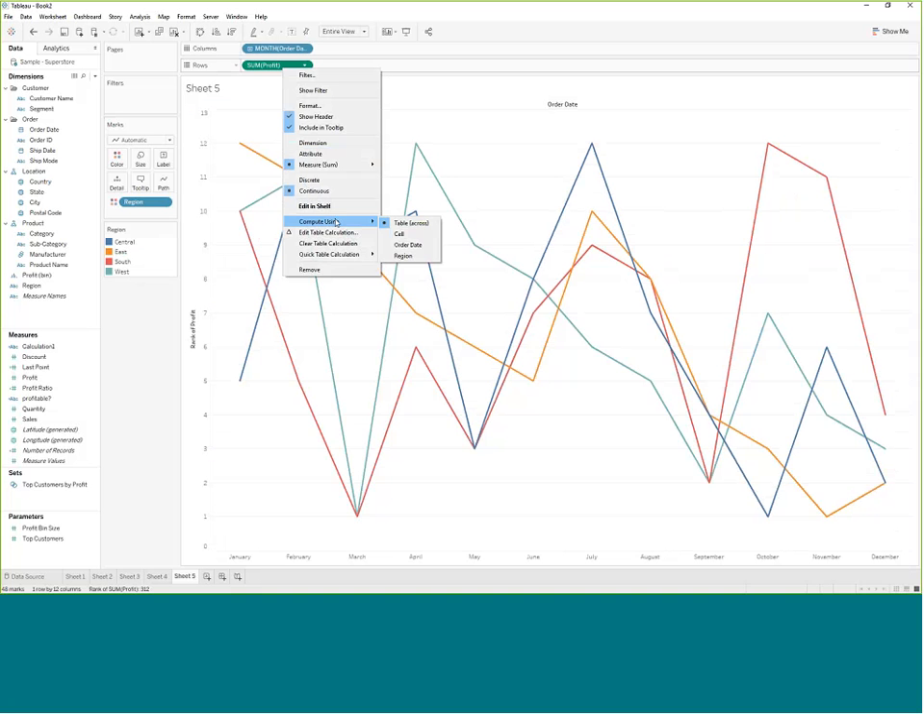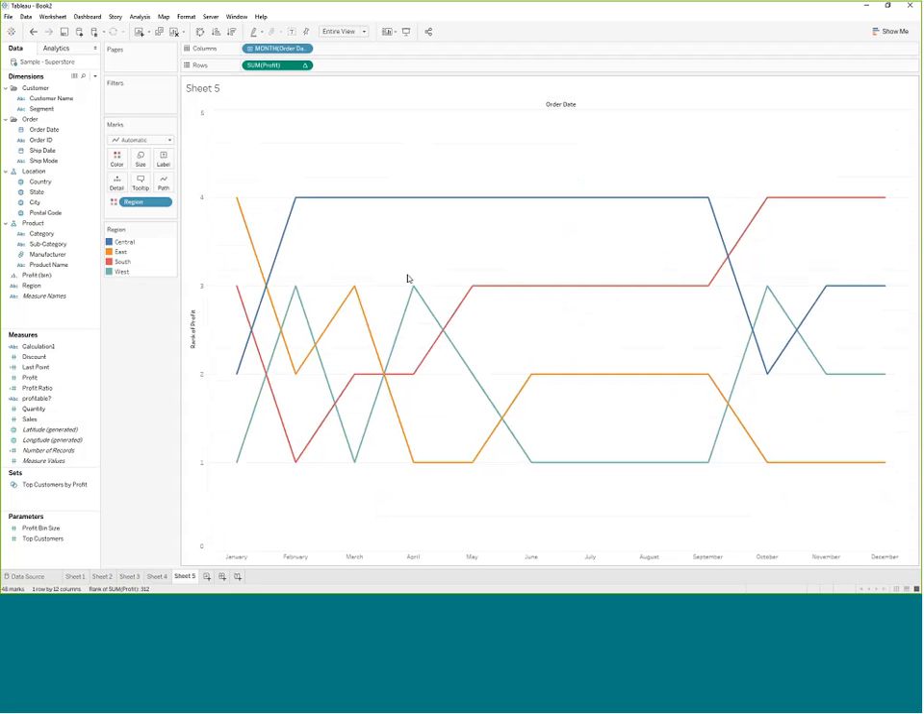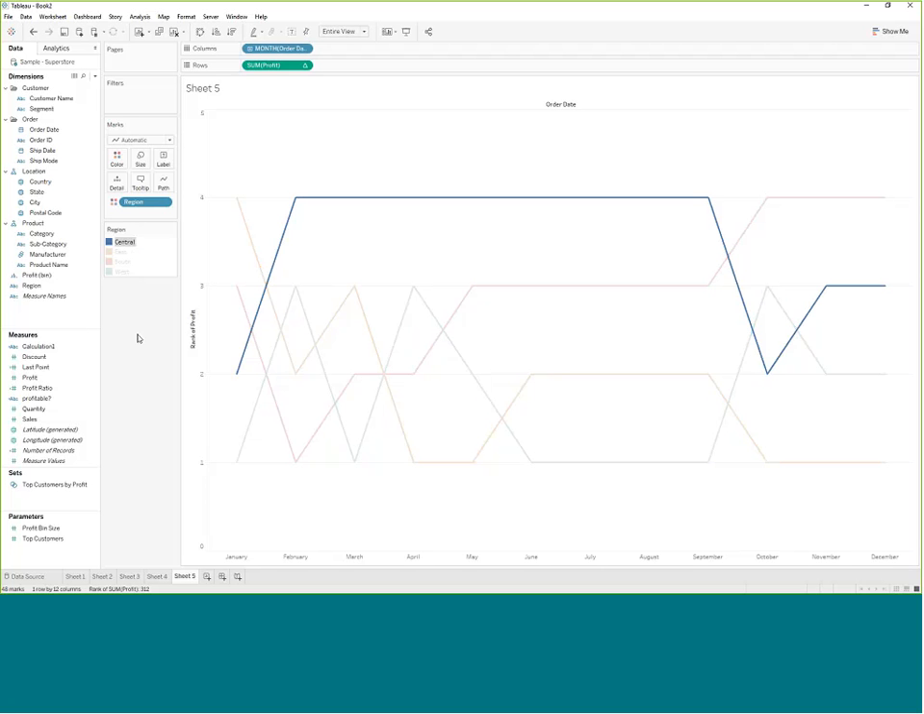So if we come across here to compute using, we can see it defaulted to table across. What we really want is to compute this using the region itself. So we can click on region, and now this is how a bump chart is truly calculated, right? So we can actually